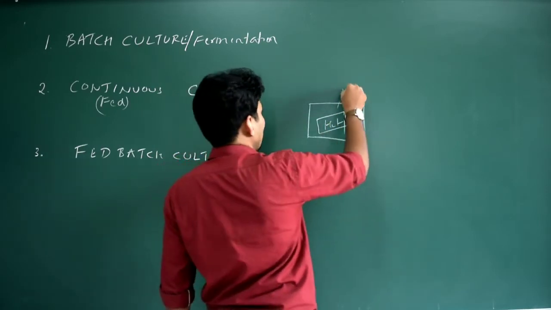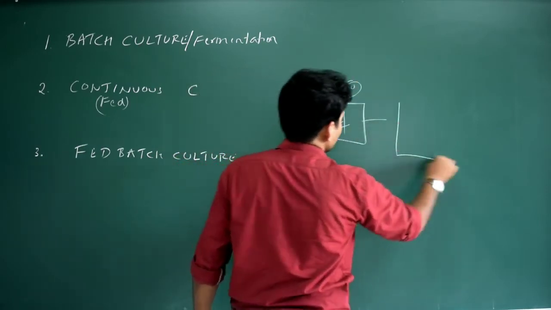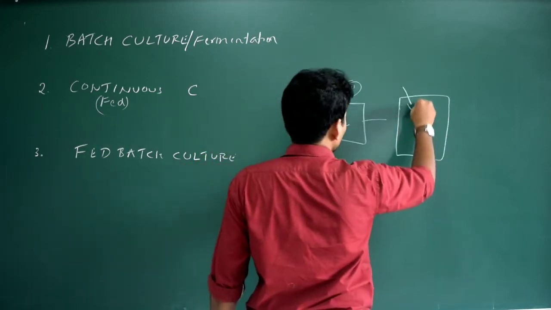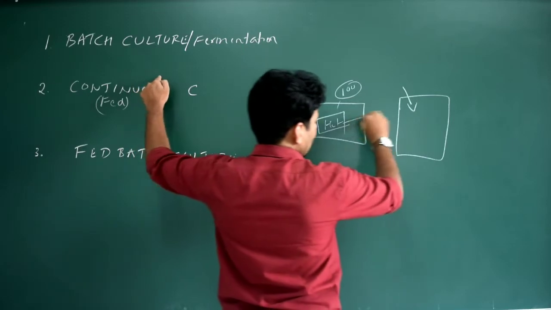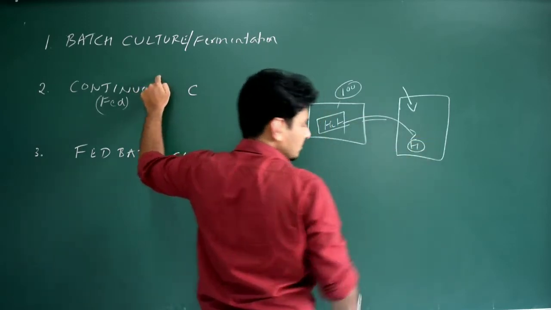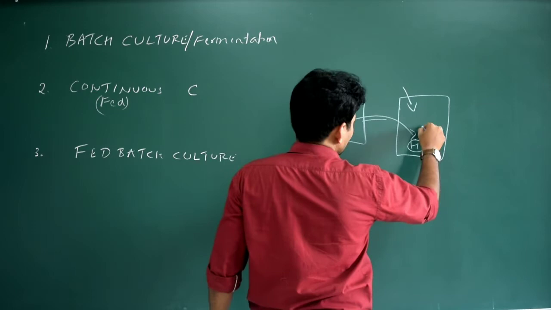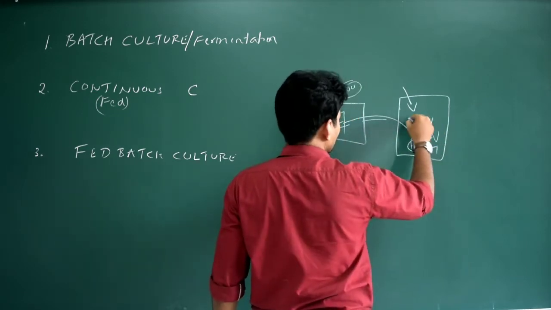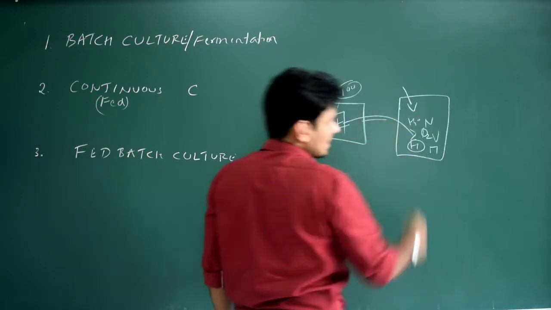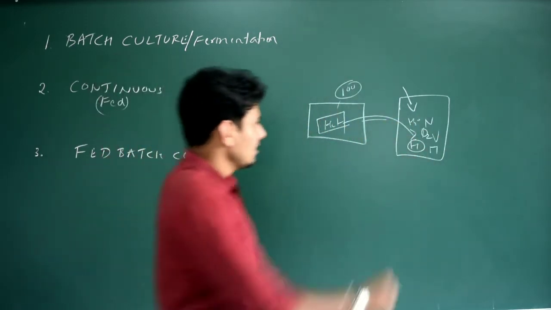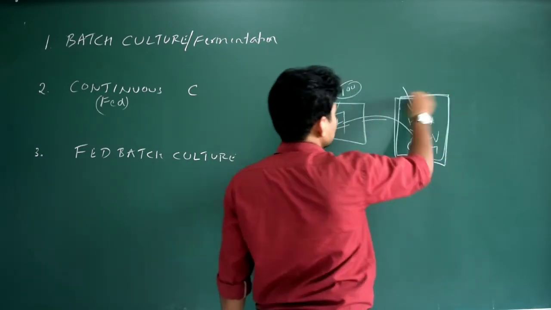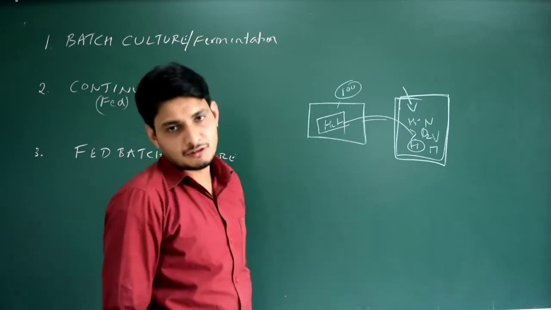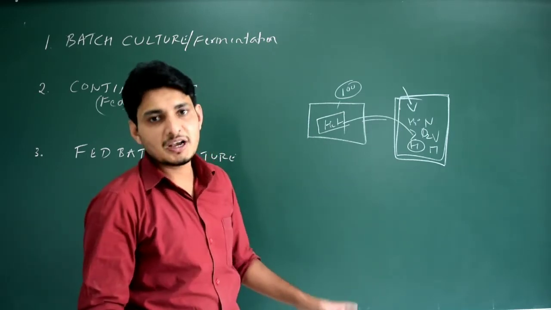Let us say I have 100 now. So I'm going to transfer this into a big bioreactor. In the initial stage itself, I have already transferred this heterologous host, and then oxygen, nutrients like vitamins, minerals, even the water. So that means the broth is already added in the initial stage itself. Then I'm going to close this. Everything is closed. No more nutrients or oxygen will be added afterwards once it is closed. Done. This is batch culture.